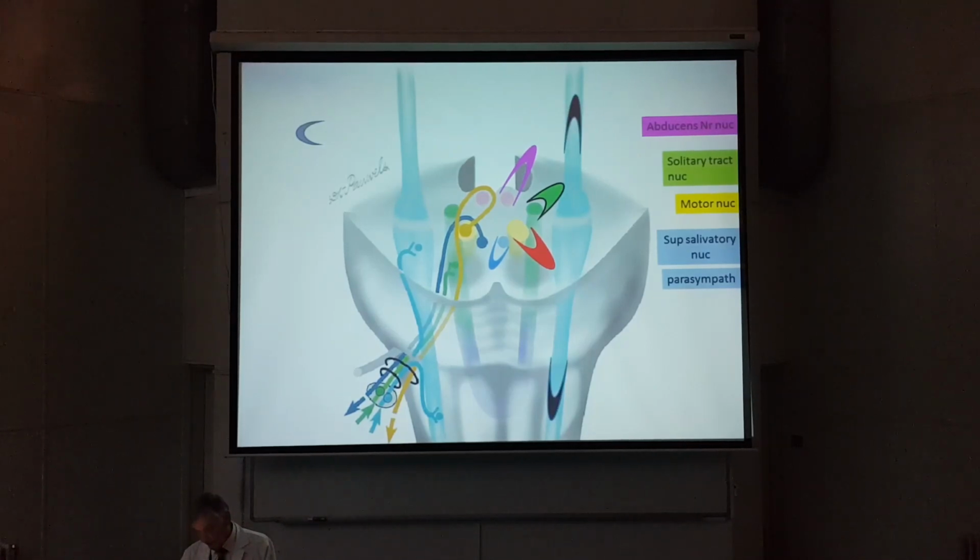And this is the nucleus of trigeminal. And if we look in this area, inside the circle, it's the motor and the parasympathetic. Now, the fibers,